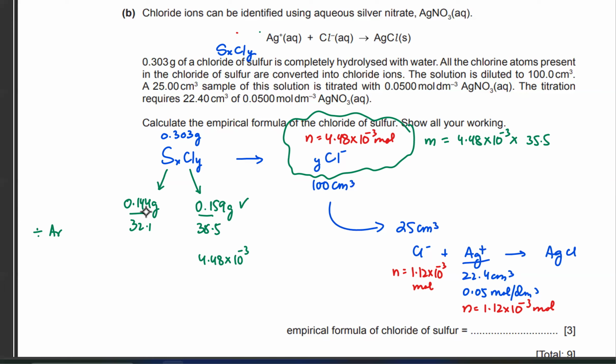What do you get for the other one? 4.4859 multiplied by 10 to the minus 3. So again, that's approximately 4.48 times 10 power minus 3, right? 1:1. Okay, so that's S1 and Cl1, that's the empirical formula. Okay, is that clear? Yes, sir. Okay, remember, a lot of times,